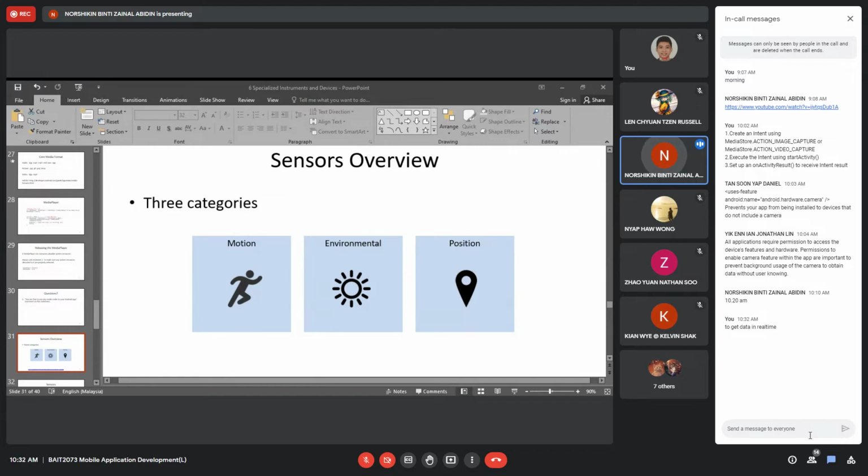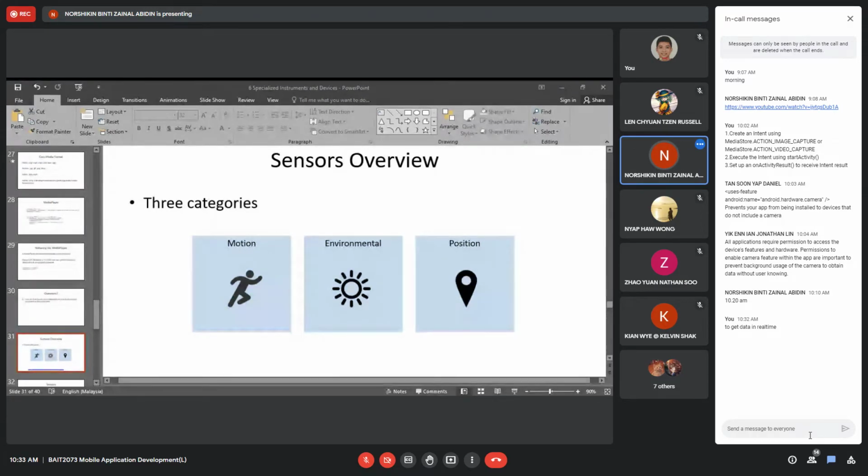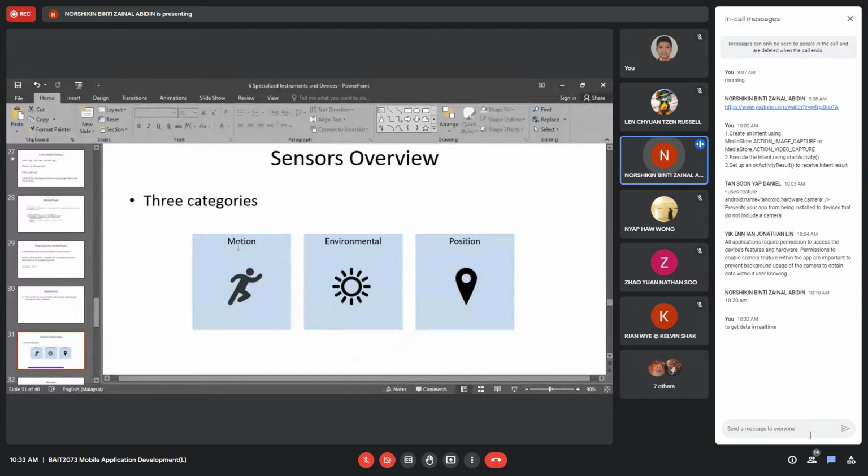Okay. Sensor, before we answer. Sensor is a device, usually an electronic device that we use to get an input. Input here we can refer to data. Like Noel said, real time data, right? To get data in real time. Yes, to get data in real time. Data as in input. So that's why here you can see the other categories of sensor.